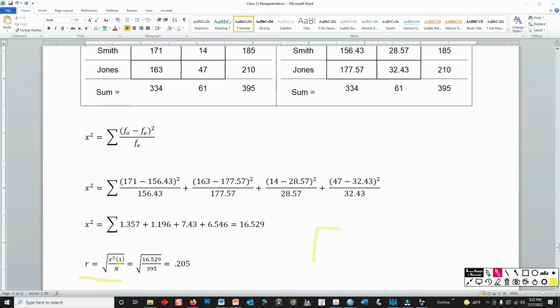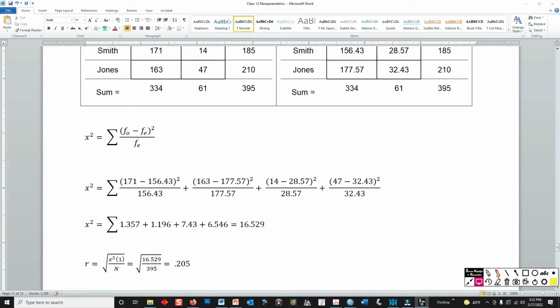Any chi-square test of independence that has 2 columns and 2 rows yields a single degree of freedom test. You can refer to your textbook for a discussion of why that is. I won't cover that here. But for our purposes, know that this is a 1 degree of freedom chi-square test. So we convert that into effect size R,